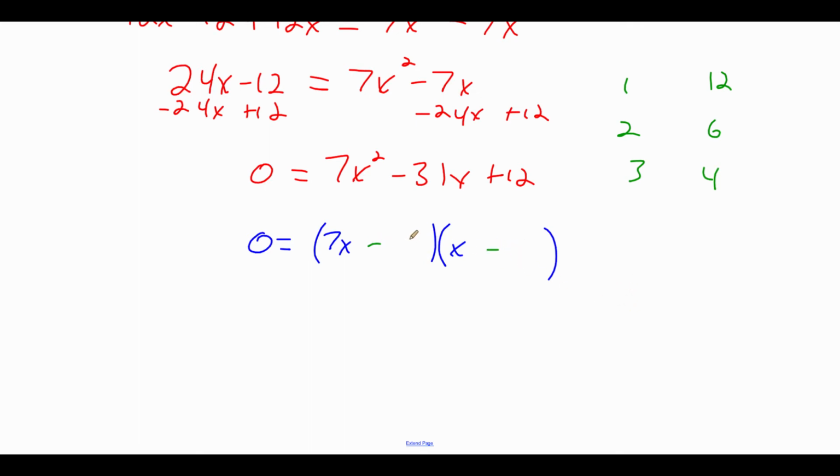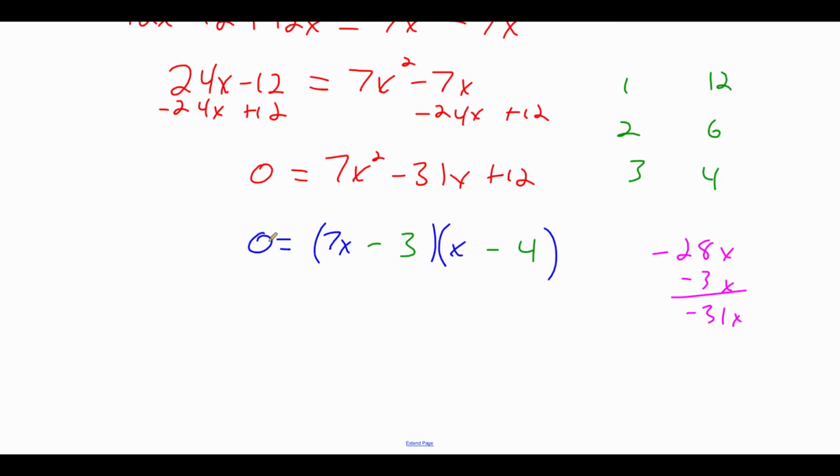And what it actually ends up being is 7x minus 3 and x minus 4. And I can show you the check real quick on there. If I took 7x times negative 4, that would be negative 28x. And if I took negative 3 times x, that would be negative 3x. And if we combine those, we would get the negative 31x in the middle. So this is our